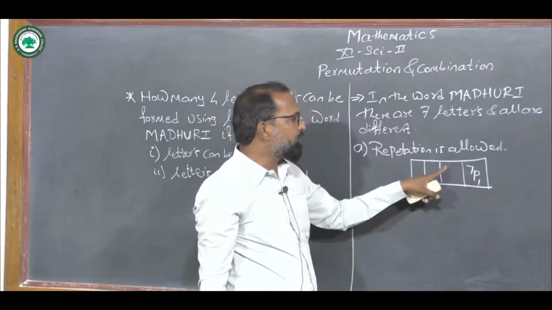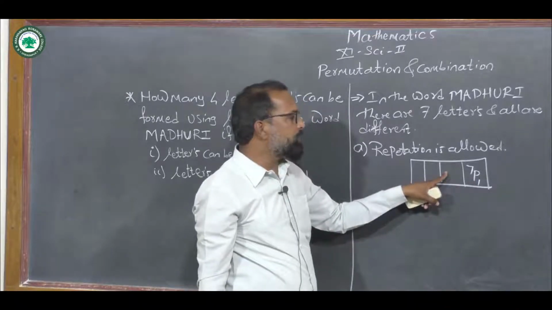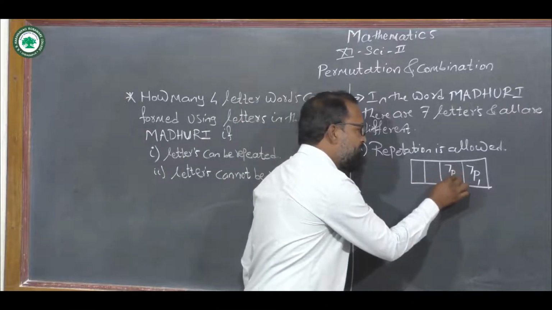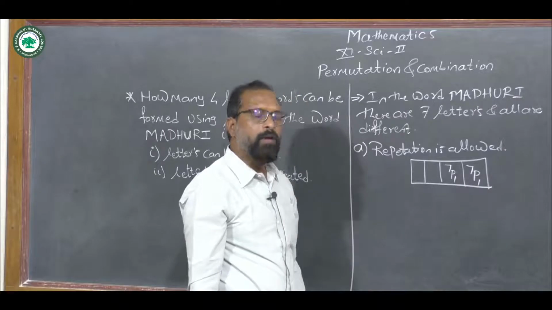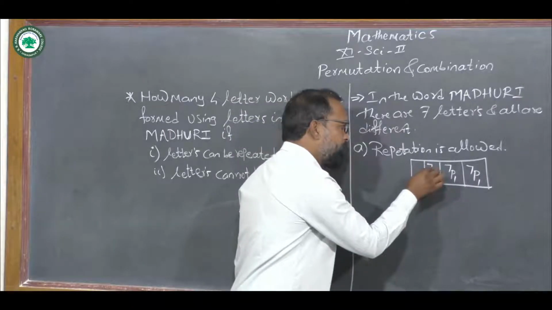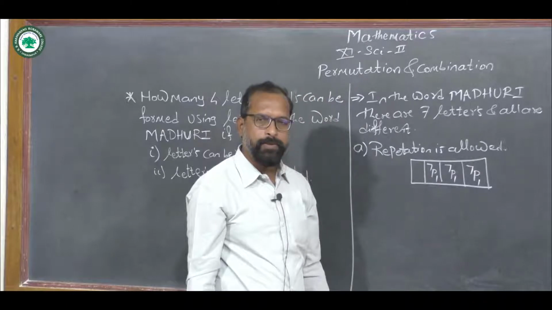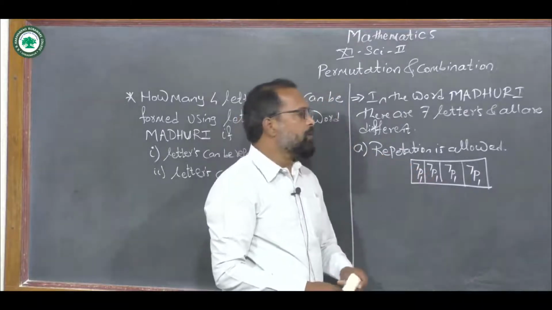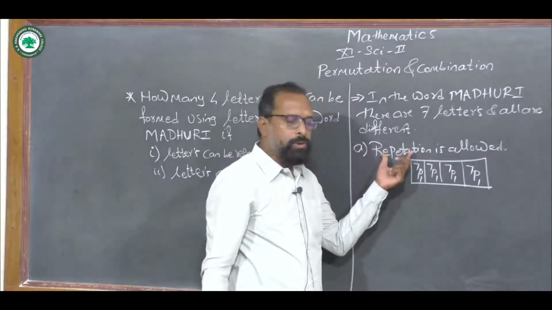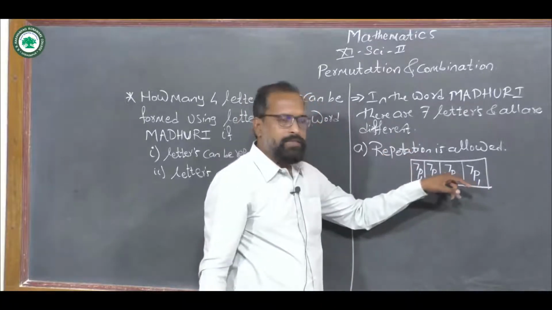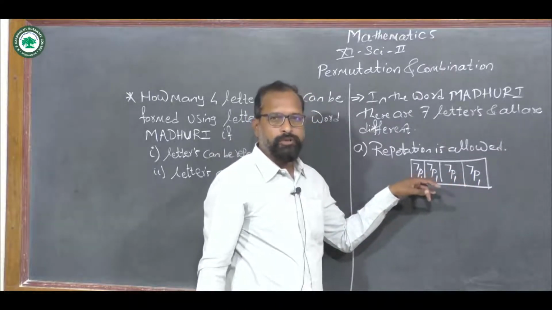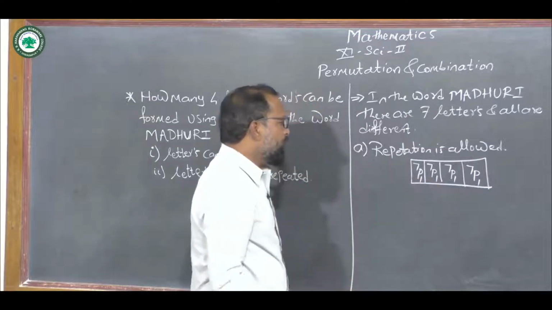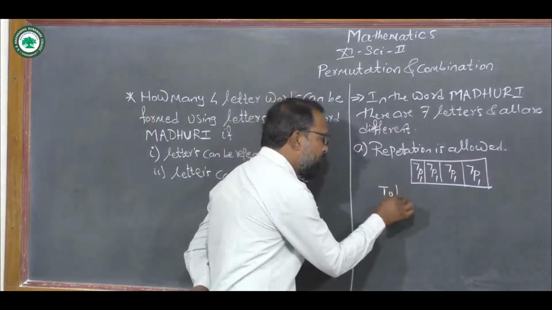Similarly, for the third, since repetition is allowed, again 7 letters are available, so the next position can be filled in 7P1 ways. Again repetition is allowed, so again this place can be filled in 7P1 ways. Again it can be arranged in 7P1 ways. Since repetition is allowed, there are 7 ways to fill each position of the 4-letter word, and so the total